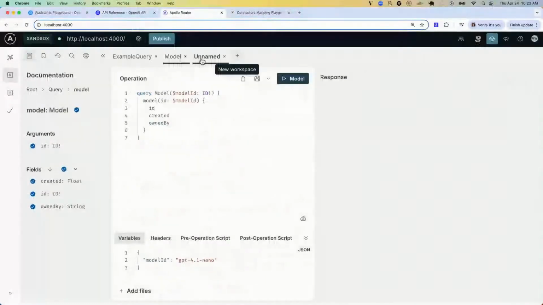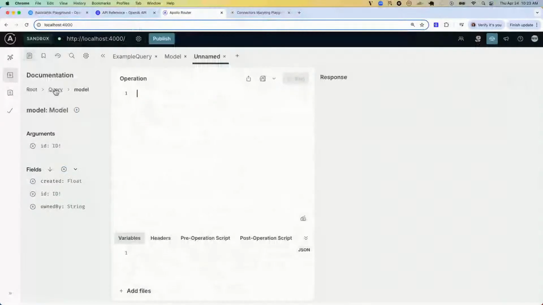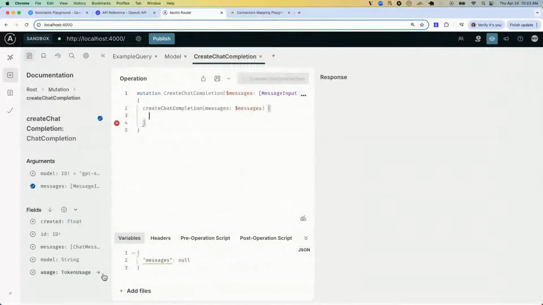So we'll open a new tab, go to the query. Oh, I put it on the mutation. Just kidding, right there on the mutation. Now, this is what I was meaning of what the client developer has. So I have my little variables that are down here, as I create them,